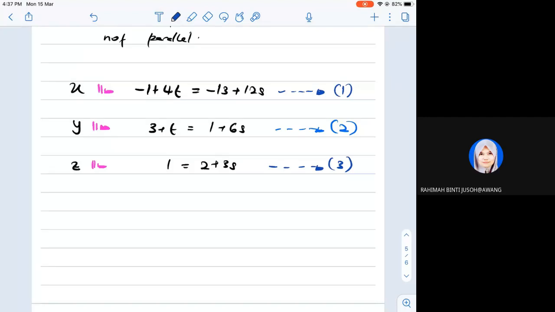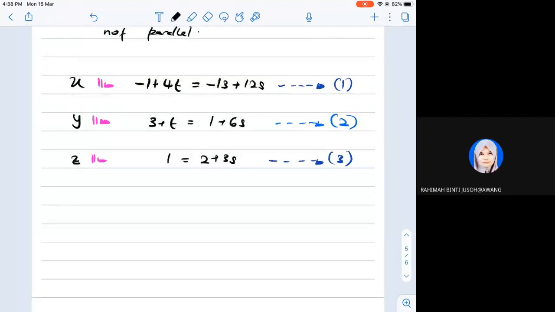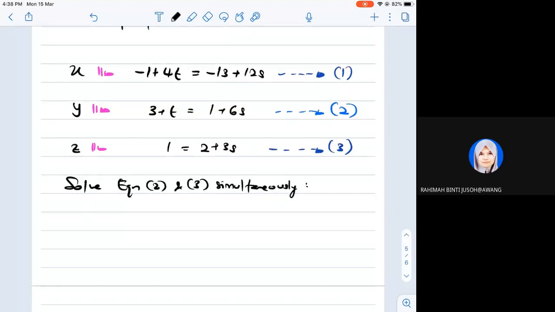Okay, so berdasarkan ketiga-tiga equation ni, you nak solve equation mana simultaneously? Mana lagi mudah guys nak solve? 2, 3. Alright, boleh. So we solve equation 2 and 3 simultaneously. From equation 3, memang confirm direct lah kan? So from equation 3, we know that we have,